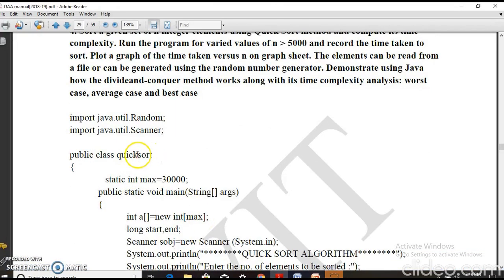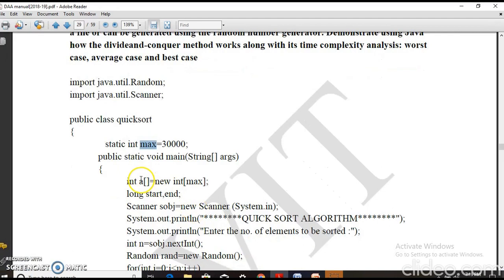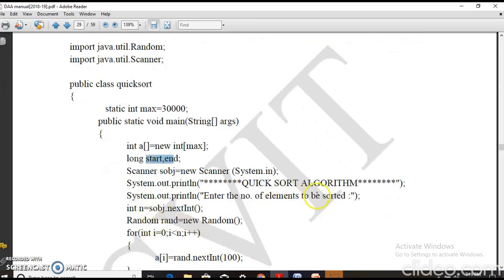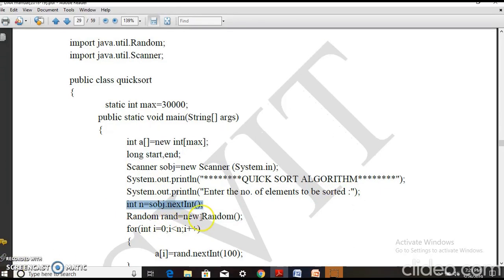So we have the class QuickSort, and we declare a variable max of size 3000, so an array is created of size max. We have start and end variables, and we enter the number of elements to be sorted, the n value, which is read from the user and stored in the variable n.